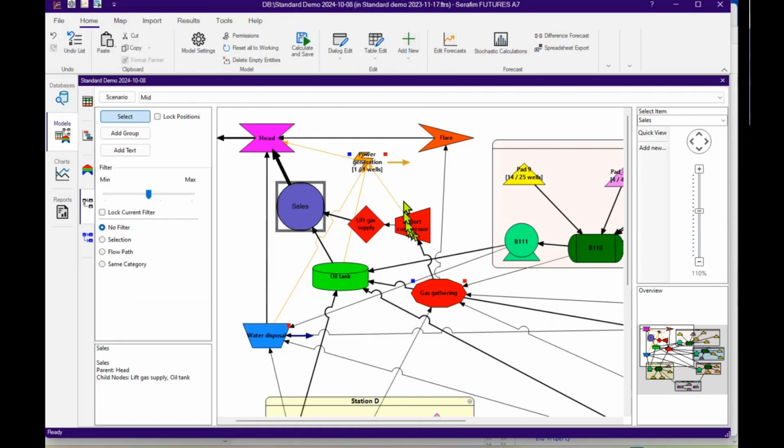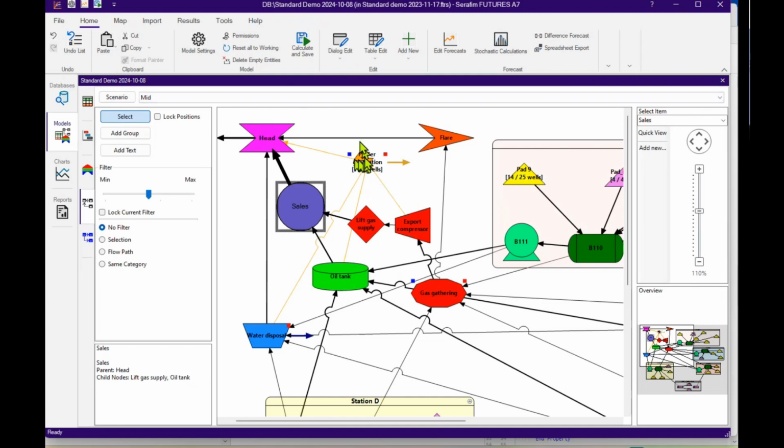So if a particular well has a high water cut and the resultant water needs pumped, and this consumes power and consumes fuel gas, the solver will be able to work out the precise amount and will then calculate the appropriate combination of water cut and lift gas requirements and so on, at which the production violates that intensity limit. But what we need to do for that is send the CO2 from that